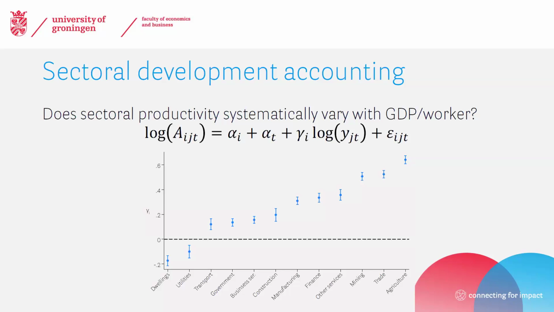Now, if we look at this figure here, then agriculture, this holds quite clearly. So as countries grow richer, agricultural productivity tends to rise. If we look at dwellings, that's not the case. Now, dwellings is a bit of an odd industry in a way, but also for, say, government services, you don't get as much of a variation across countries as you do in agriculture. Manufacturing is also smaller. So these are the gammas